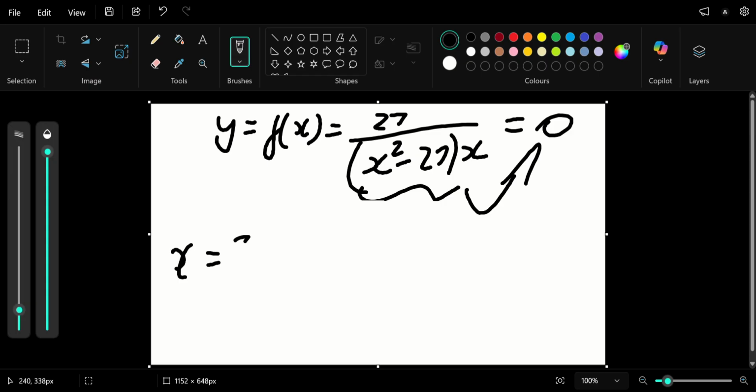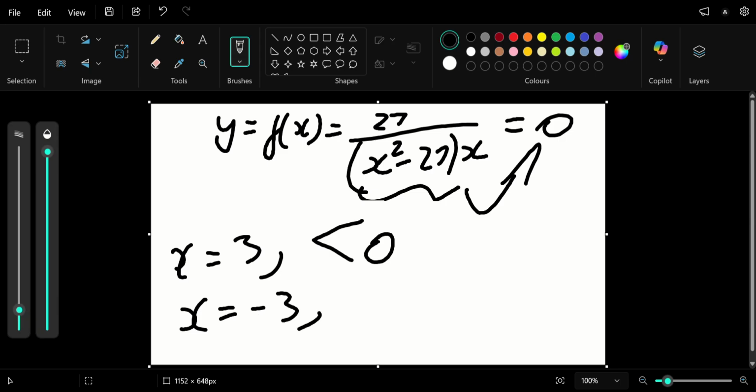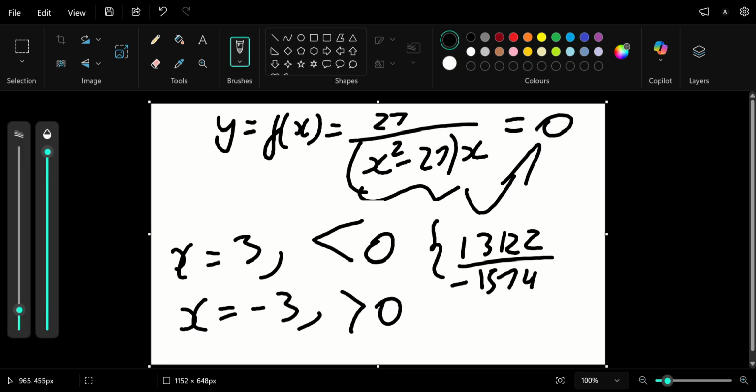But by my read, when you substitute in 3, you should get a value less than 0. And when you substitute in minus 3, you should get a value of greater than 0. These numbers respectively being 13122 over minus 1574